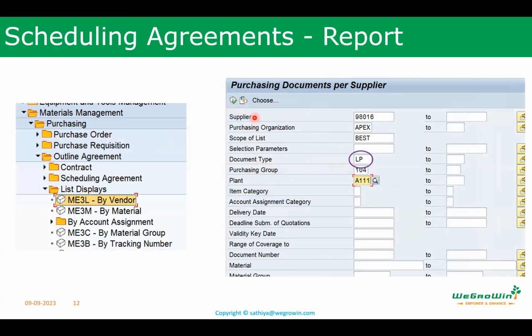And then if you want to see the scheduling agreement, where can I go and see? There is a transaction called ME3L. I go to the transaction called ME3L or ME3M. What is the transaction code to see the purchase orders? One second, sir.